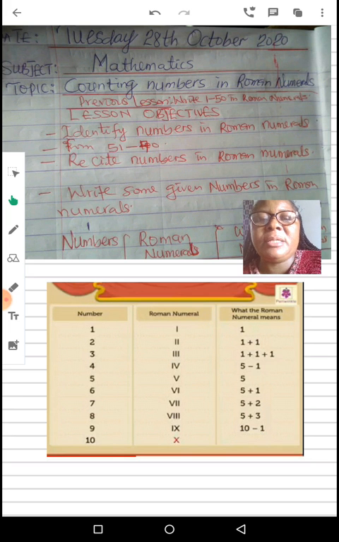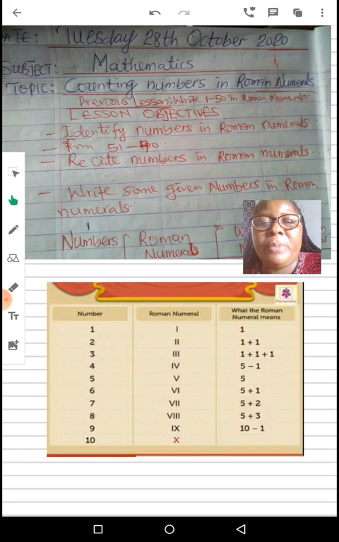We want to look at the following objectives: that at the end of this lesson you will be able to identify the numbers in Roman numerals 51 to 70. You'll be able to recite the same numbers from 51 to 70, and you will be able to write some of the given numbers in Roman numerals. So let's go over